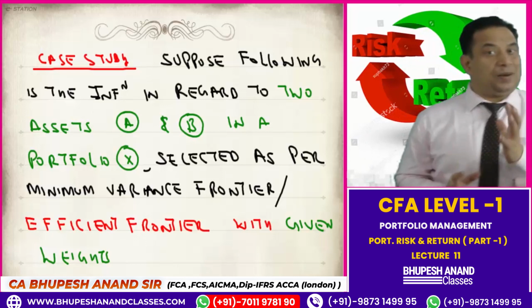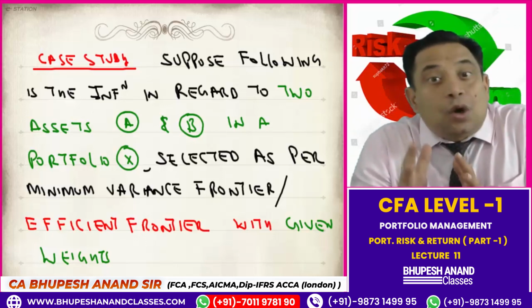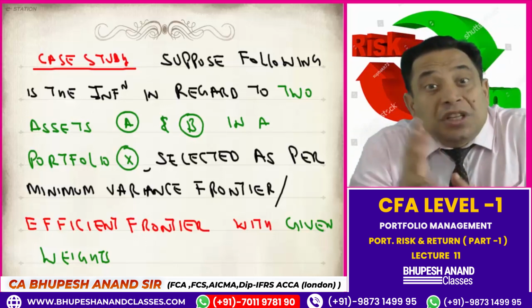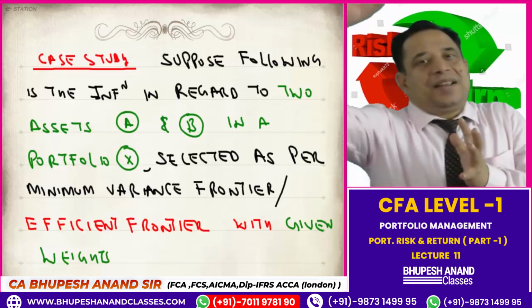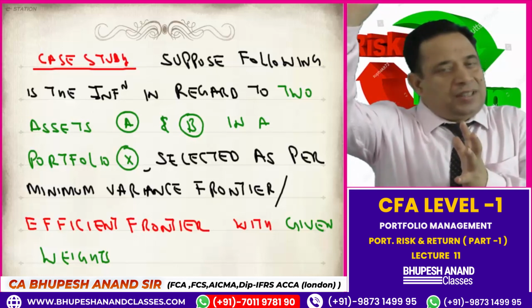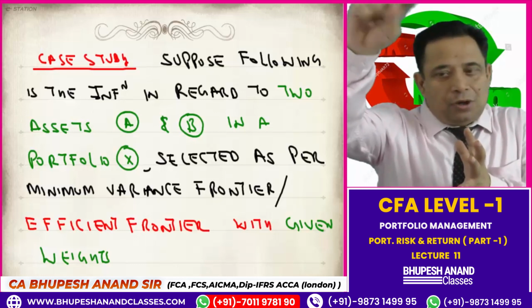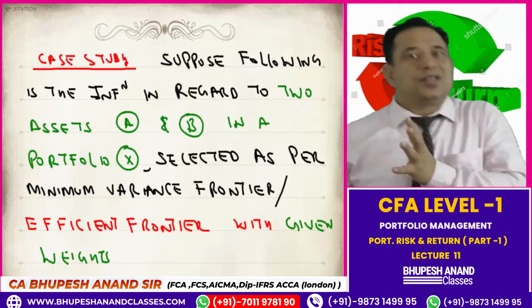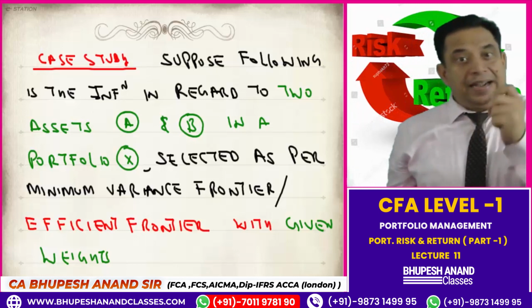Explain this capital allocation line, the generation, the origin, from where it originated. For that, I am taking the example of a case study. Supposedly, there are two portfolios. Suppose there is a risky portfolio consisting of two securities, A and B, and let the name of that